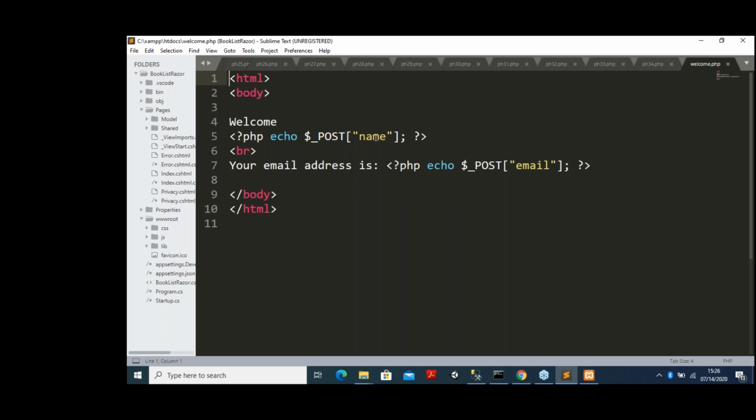the name. Which name? The name which you have submitted in the name label. One text box is there. In the text box I am writing Gunamani Jana. That is the name it will take, and it will tell you welcome Gunamani Jana. And then inside this PHP, your email address is, again I am using PHP echo $_POST, and inside the square bracket under double quotation it takes email. What is this email? This email is the label for the second text box.